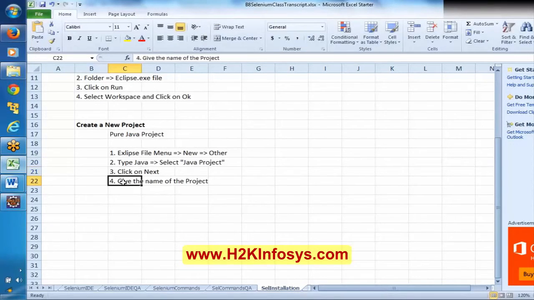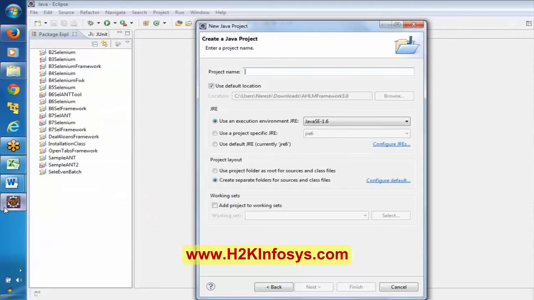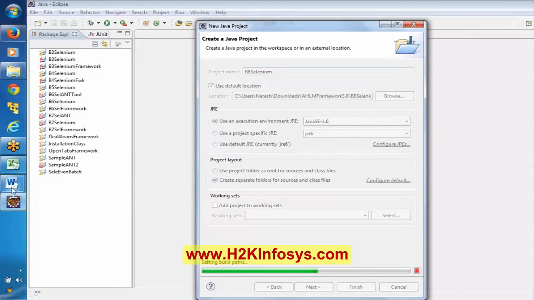So give the name of the project here. Let me say B8 Selenium. I'm giving the project name B8 Selenium here, and then click on finish.